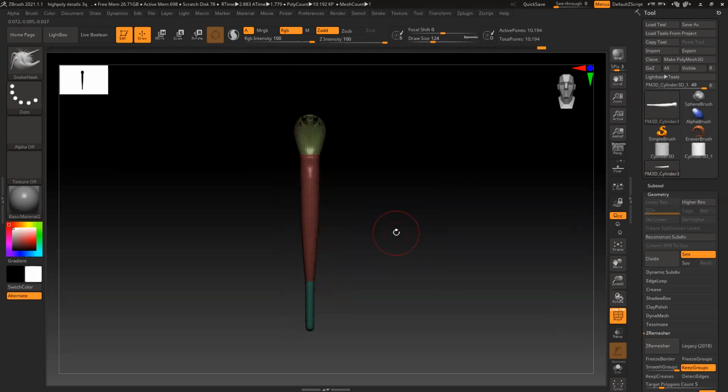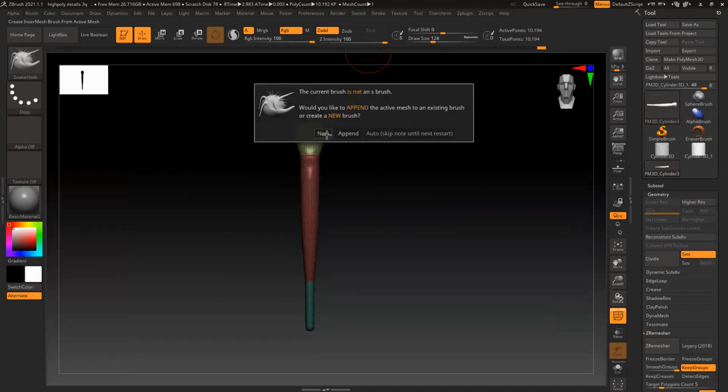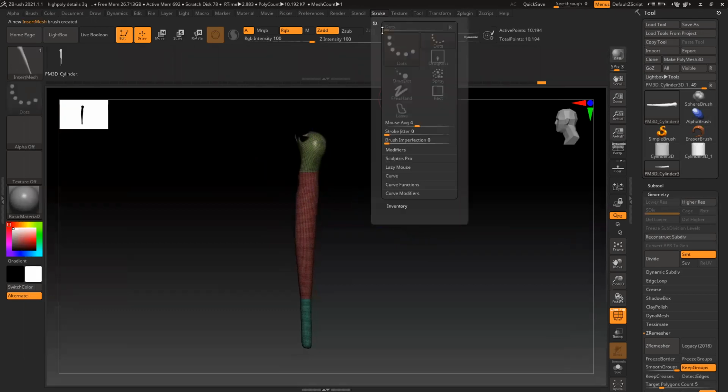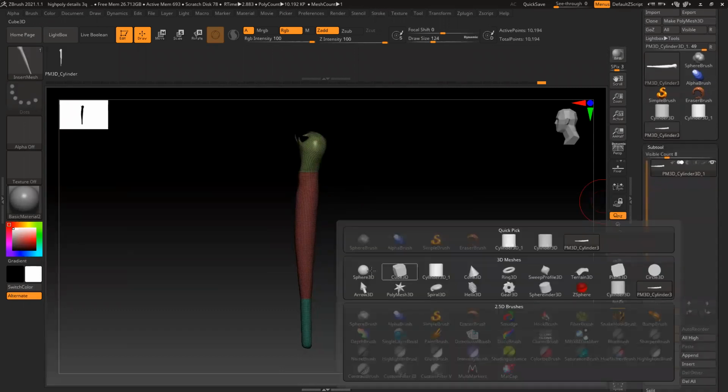You can keep them separate or you can attach them also, but make sure the upper part should not have any holes and the lower part should not have any holes. The tip part and the base should be closed, and in between can have holes and everything. Select this, go to Brush, Create Insert Mesh. You can create a new brush, it's done. Then go to Stroke, curve mode. Now let me append a tail.